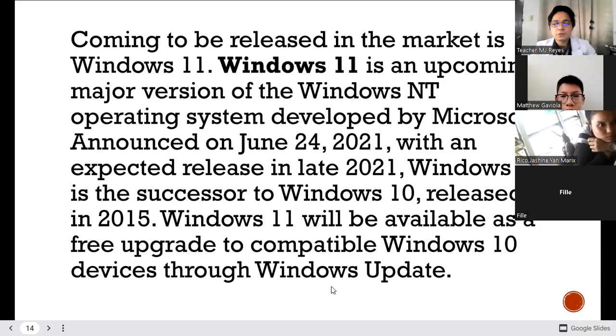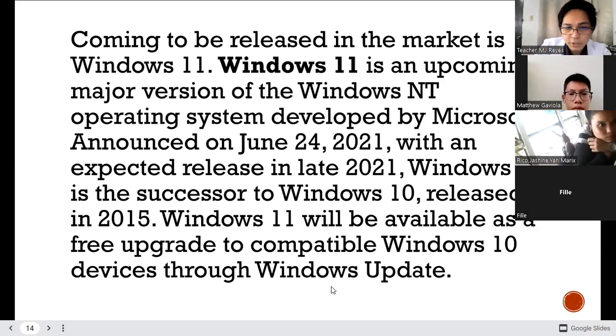But if you update your device to Windows 11 right now, it will just give you a basic Windows 11. You need to have a professional one, Windows 11 Pro, so that you can maximize the usage of the operating system.